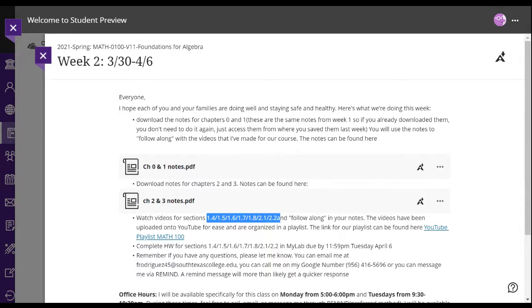But I try to set them up to where it's an even number of sections each week, meaning one week doesn't have a whole lot more than another. So you definitely want to try to follow what I'm putting. For week 1, try to do this so that you know that the next week you can do this. Because otherwise, if you get too far behind, then for instance, this coming weekend, you're trying to do a whole lot of stuff and it's going to feel really overwhelming.